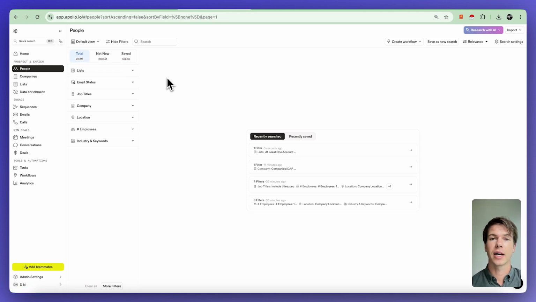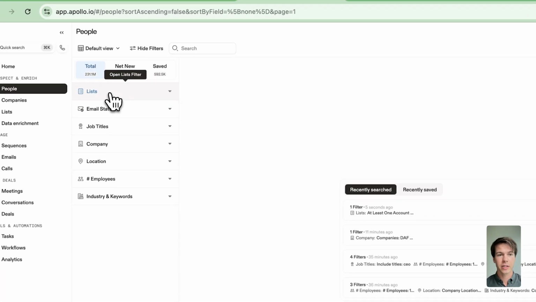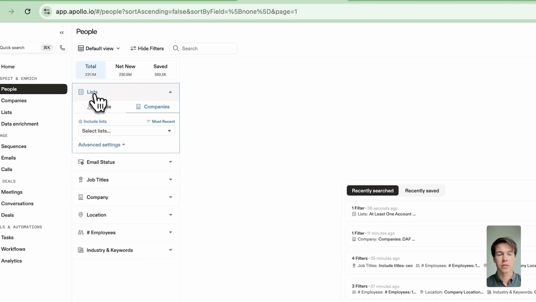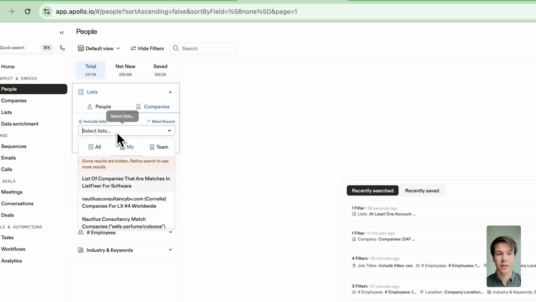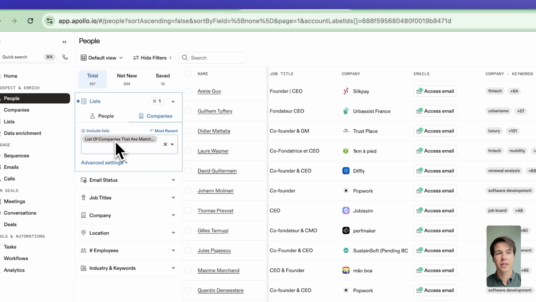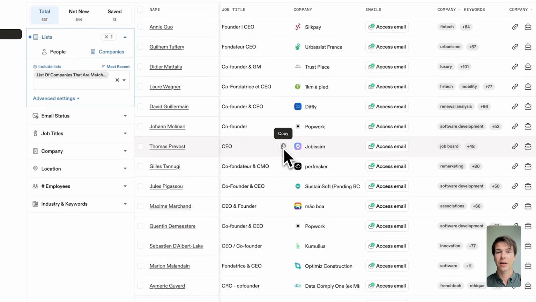Now we are almost done. Now we just have to export the emails for the CEOs at these companies. To do this, you're going to go to the filters and click on the filter called Lists. Here you can filter on lists in Apollo for people or companies. We're going to filter on lists for companies, so click on companies. And then here it says include lists. Here you click on select lists, and here is the list that we just created. So click on this list, and now we will see that there are 500 people working at these companies that